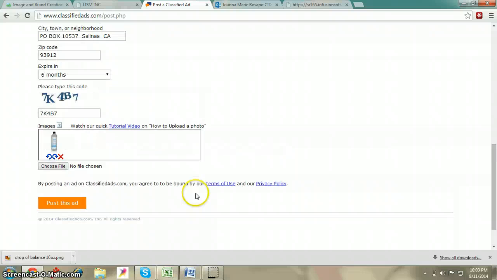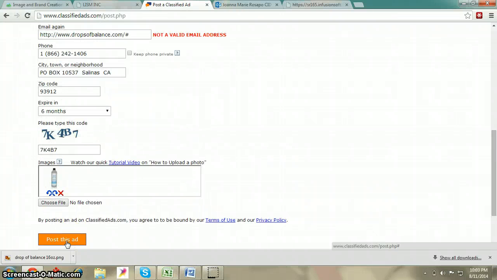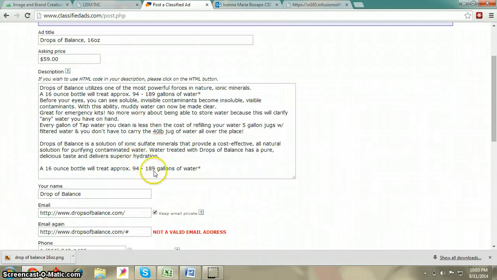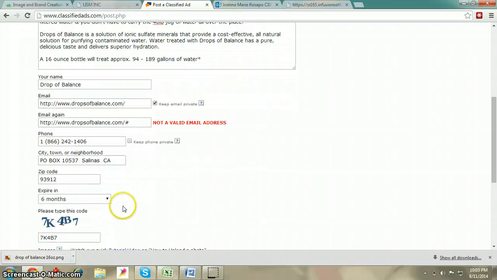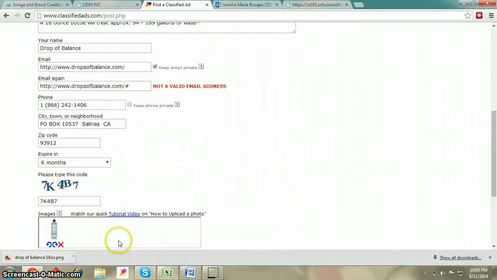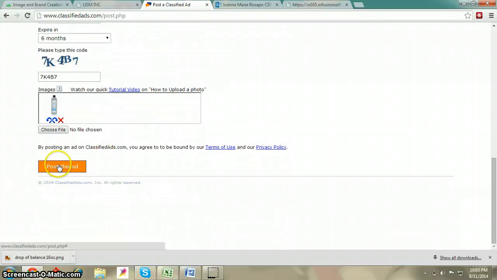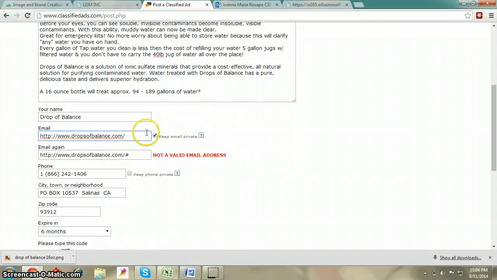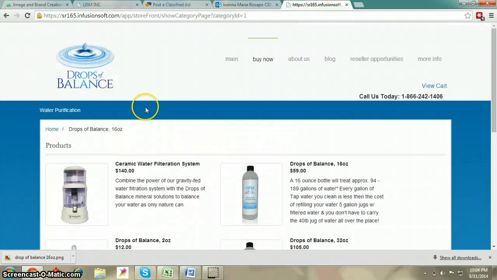Then you just need to post your ad. But before clicking post this ad, make sure that you enter the proper descriptions and information about your ad. Let's just double check this. If you're very sure of this, you can click post this ad. Okay, it said your email address is incorrect. I think I put the wrong email for this.